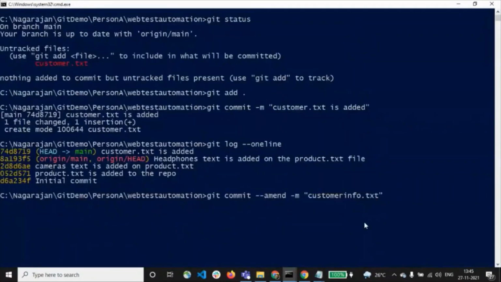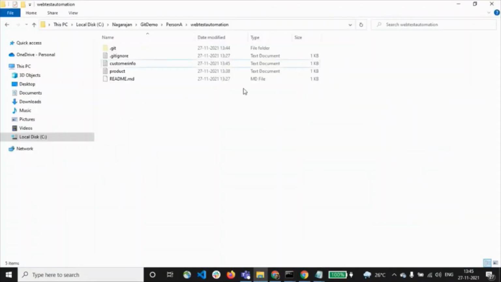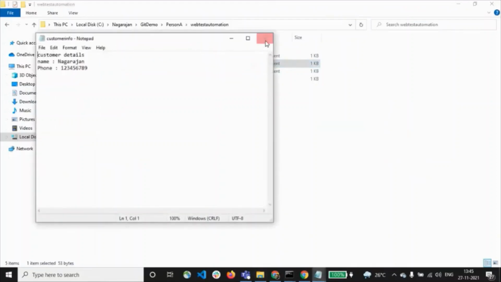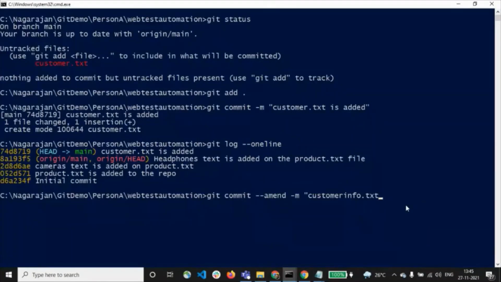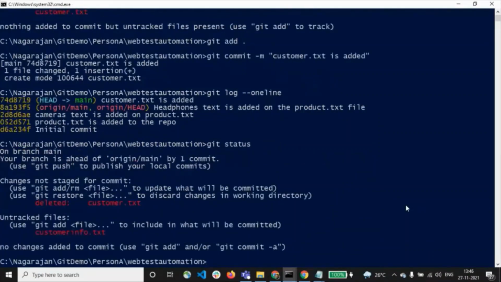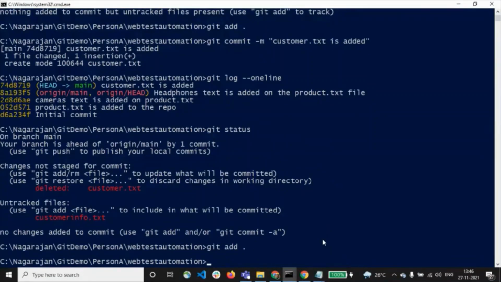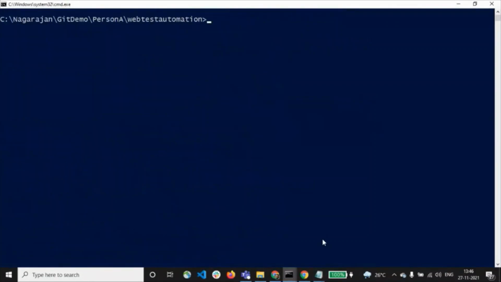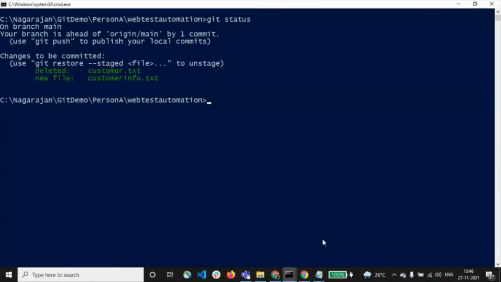Okay, before putting this command, we had some changes in this file, right? So what we'll have to do is, let's have a git status first. If you could see here, this file got deleted and customer info got added, right? Let's add the file first to the staging area. Okay, now the file is added. Let me clear the command prompt. I don't want to confuse you. Git status, let me put it. Now, let's have a git log as well.